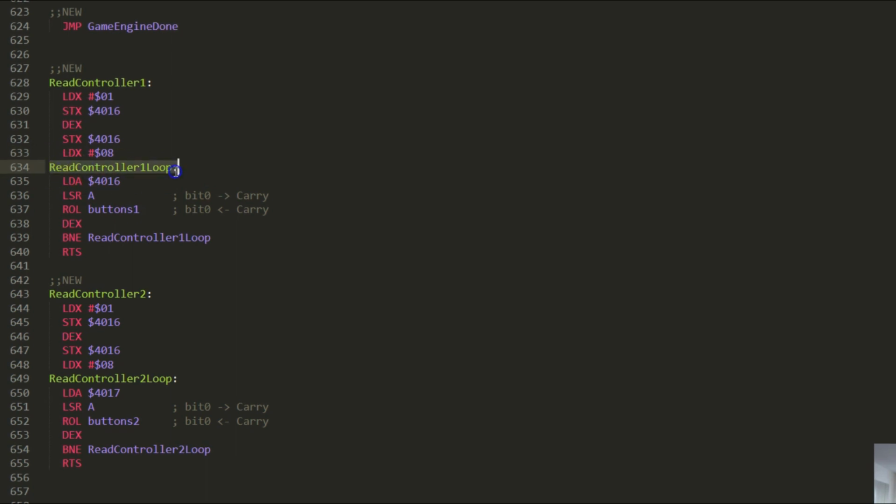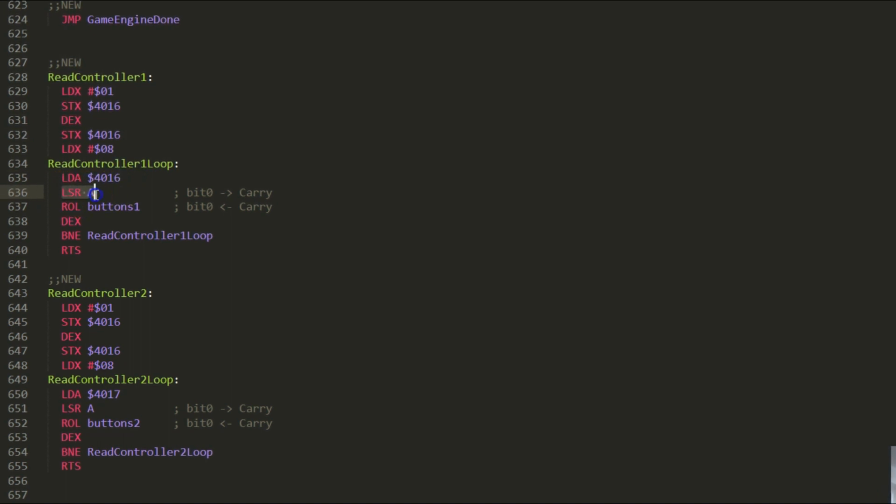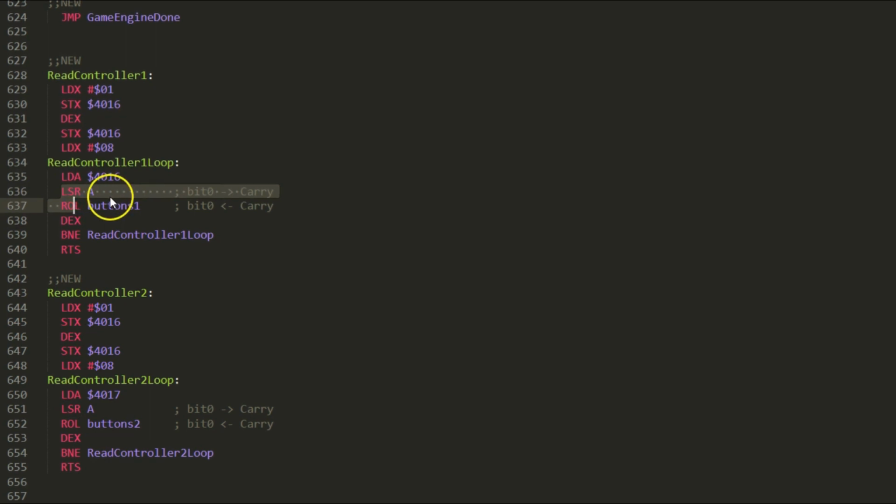So that's why I have an inner loop and an outer loop. The inner loop will basically say, okay, I want the value that's in 4016. And then the LSR and ROL